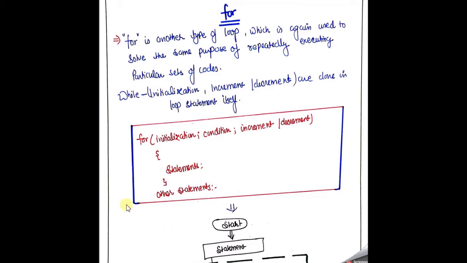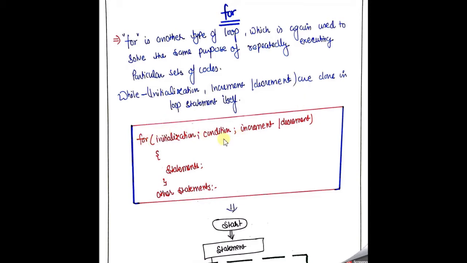First of all, we are going to start with the writing style of the for loop. As we see in the while loop, first we have to initialize the loop, then we mention the condition, and after the condition we go inside the loop, where we can write a number of statements. But at the end, we have to mention the increment or decrement operation before the closing of the loop. Here also that activity will be performed, but not in three different lines. Here we can perform these three operations in a single line. How? You can see here.